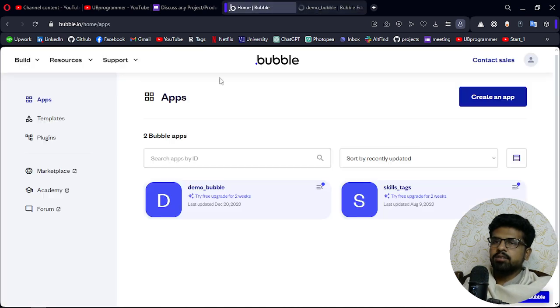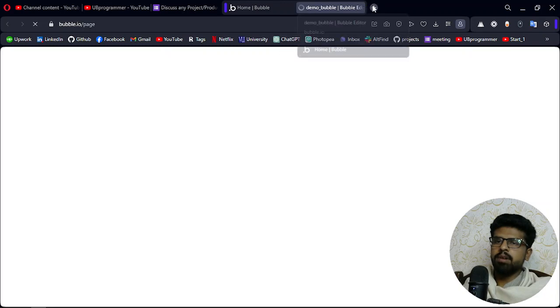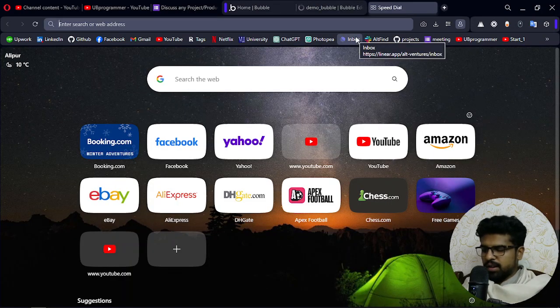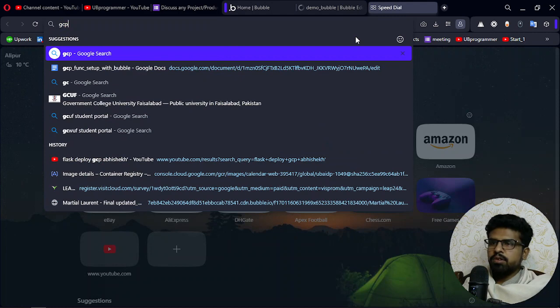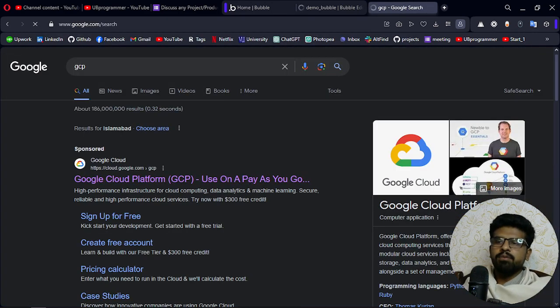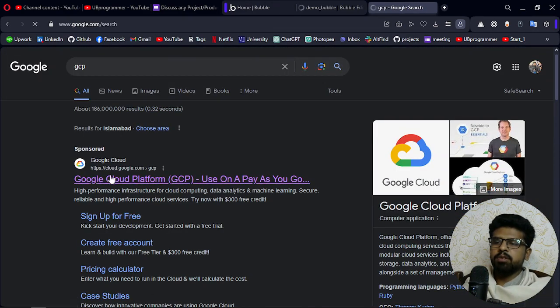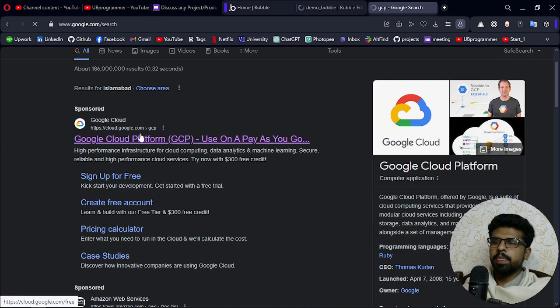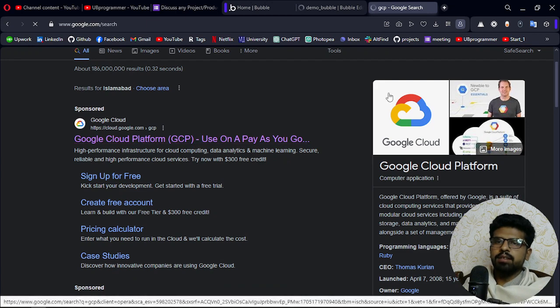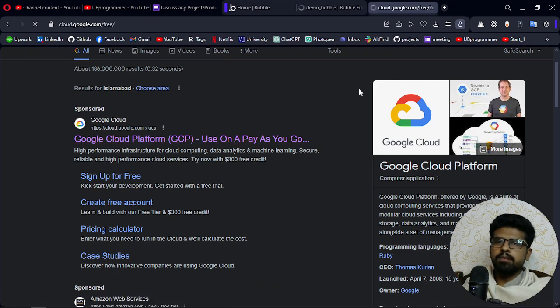So here I am on my Bubble account, and I have a project named demo bubble. Let's go to GCP, because for deploying and creating Python APIs we will use Google Cloud. And in the Google Cloud console,